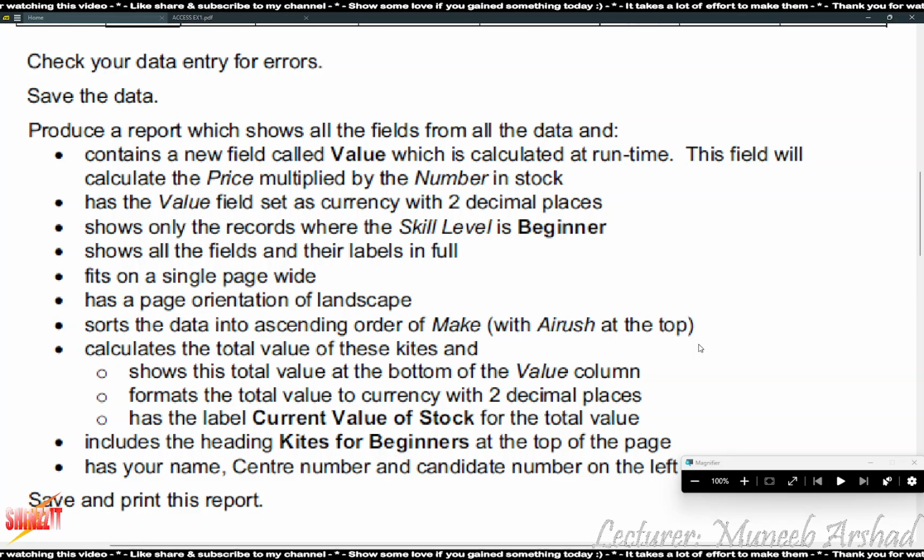It depends on the scenario. A levels is a totally new ball game. O levels, I can just teach you how to build reports and get done with it. But in A levels, you get to have multiple scenario variations of the same scenario. First, I am going to make you familiar with reports, all the objects.